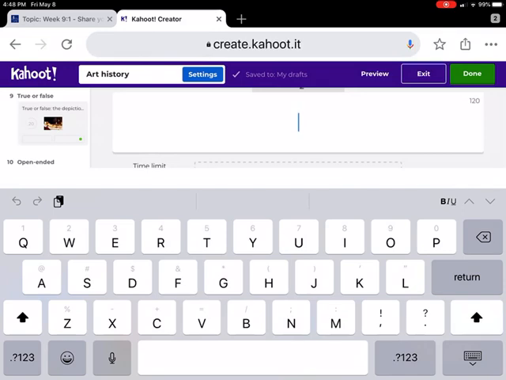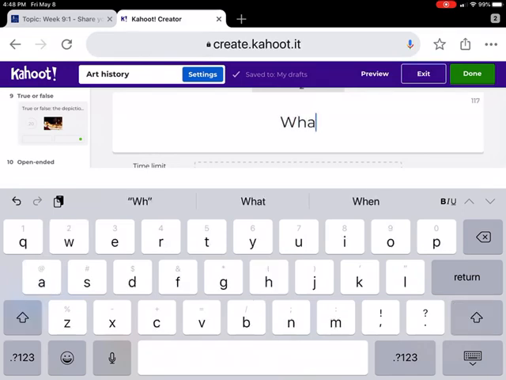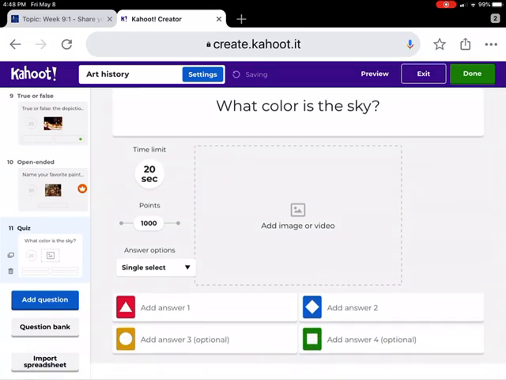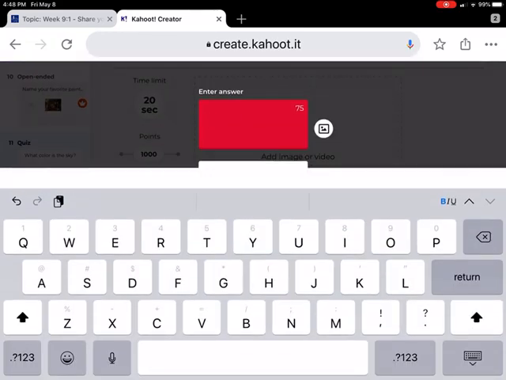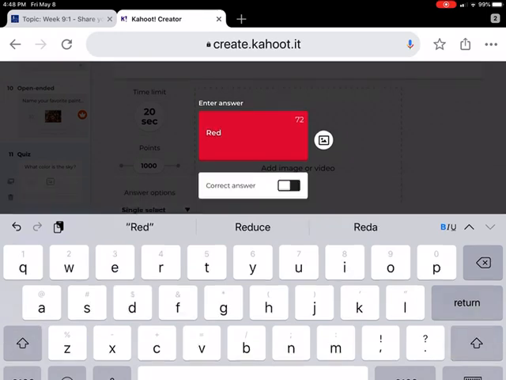You click up here, start typing your question. This is just a silly example, but this guy, oops, that should be a question mark. I'm using a tablet right now and I'm not really used to this. And then you would go in below, you click on the red triangle just like that. You type in different colors,